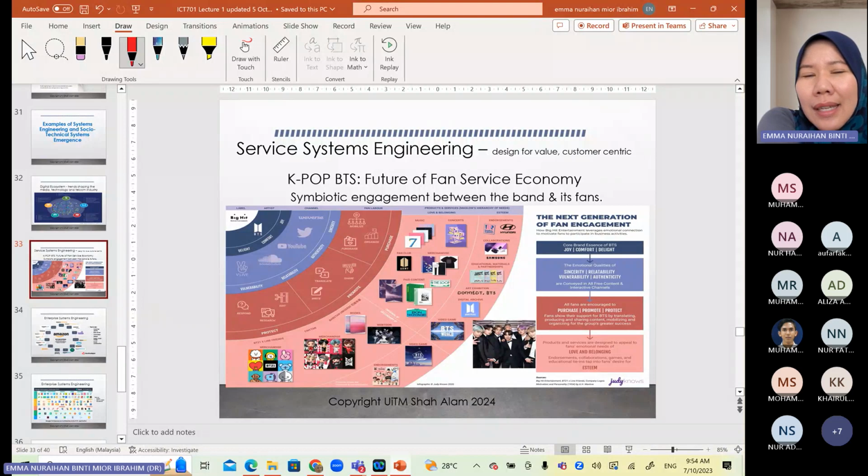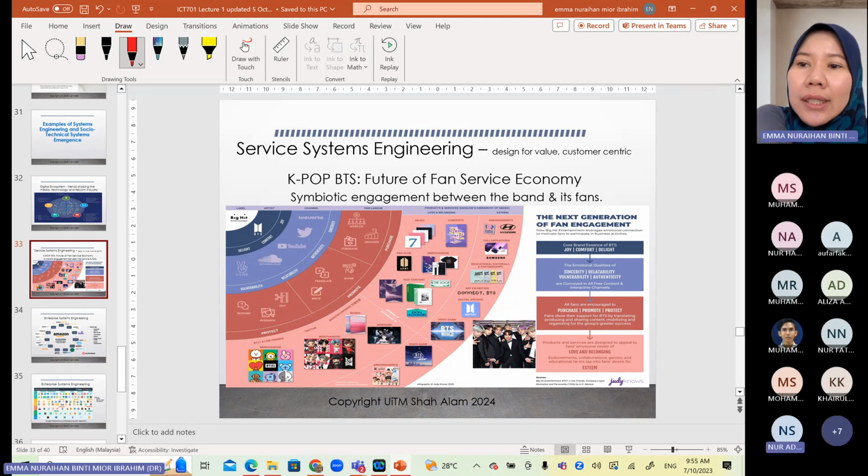Untungnya, kan, selamat duit, reduce cost. So that's why dia kata service system engineering, one of the examples, good example is fan service economy. But however, Malaysia kita tak buat because we don't have a large fan base. Tapi Korea ni dia market dia punya actor tu, kalau you perasan ya, actor and actresses, penyanyi di Korea ni,